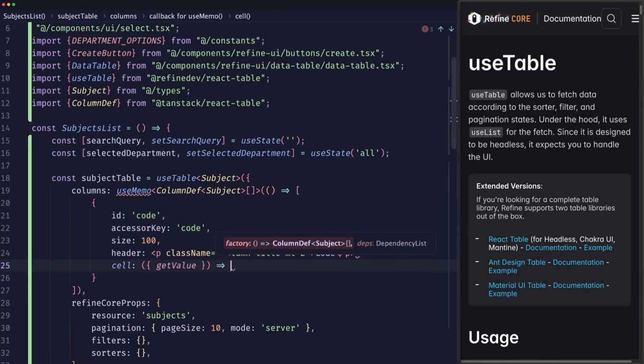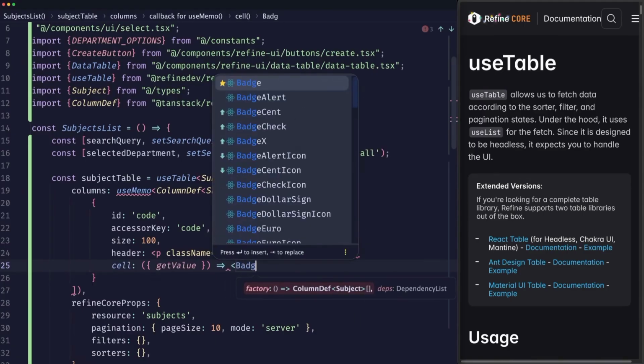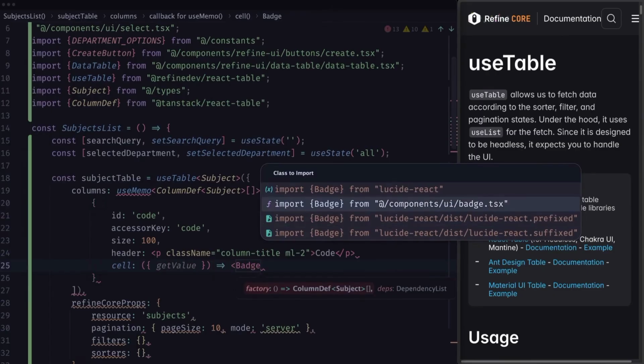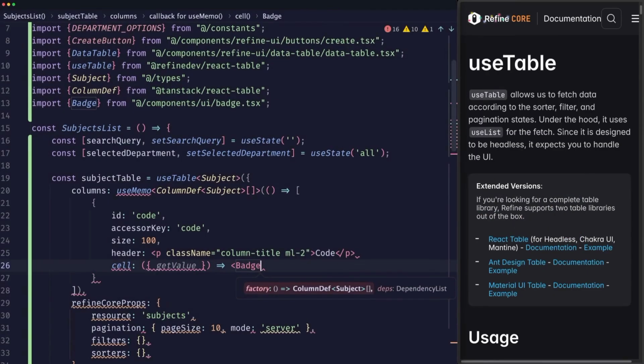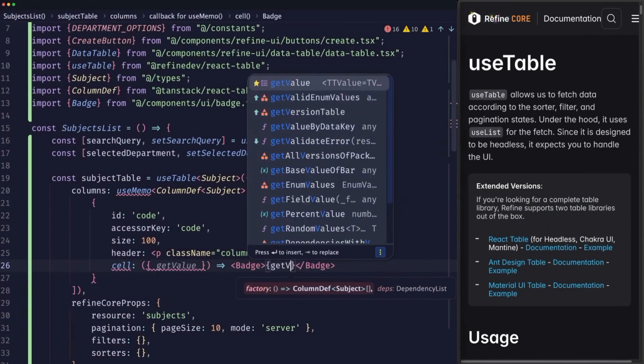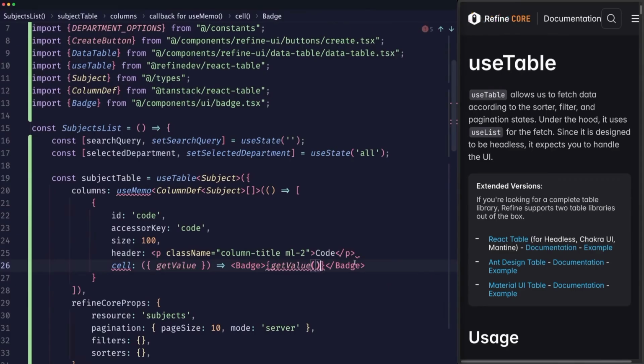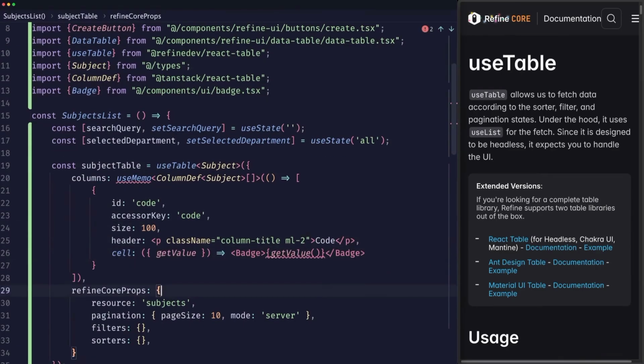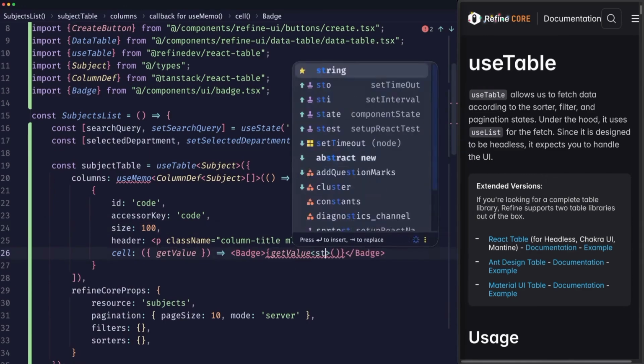And then we can automatically return a badge in this case, which is going to be a component coming from UI badge. Within it, we'll display a getValue, and this will return the value of this specific cell. Since we don't know the type of the value, here we can say that the type will be of a